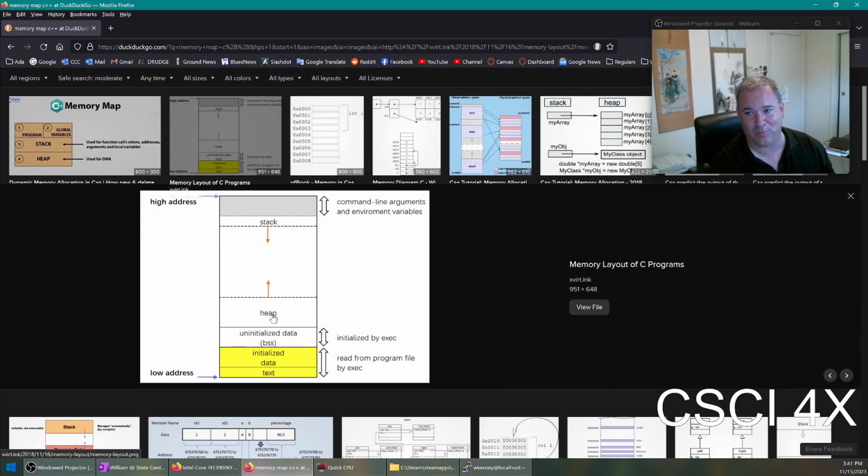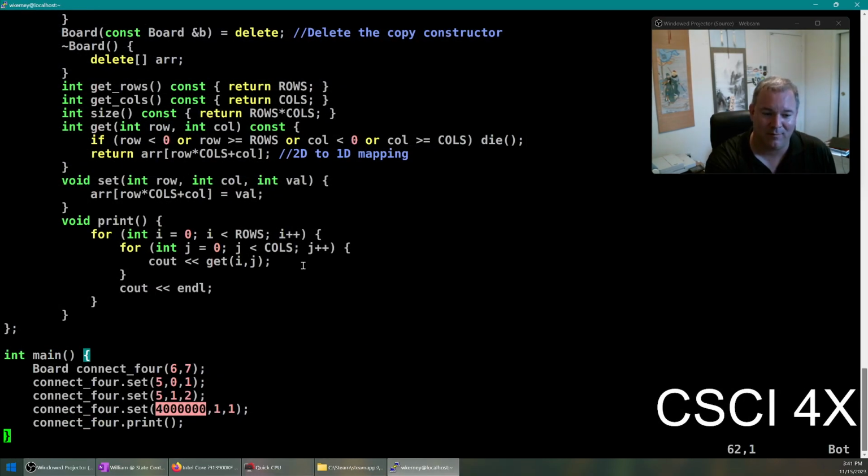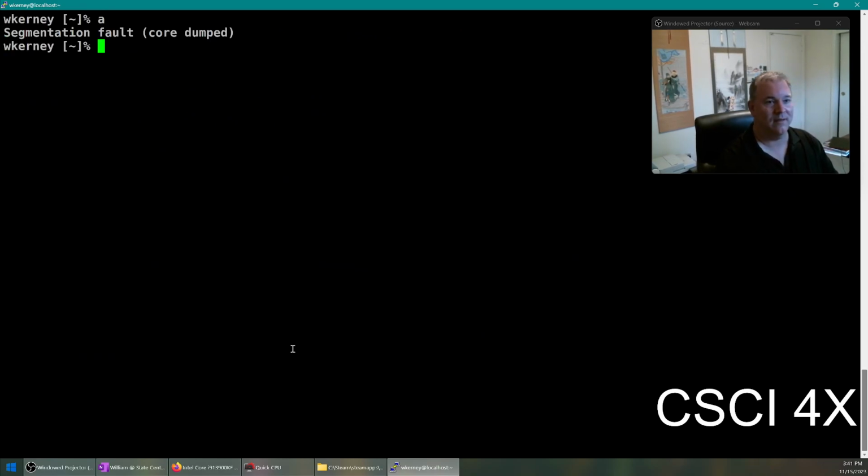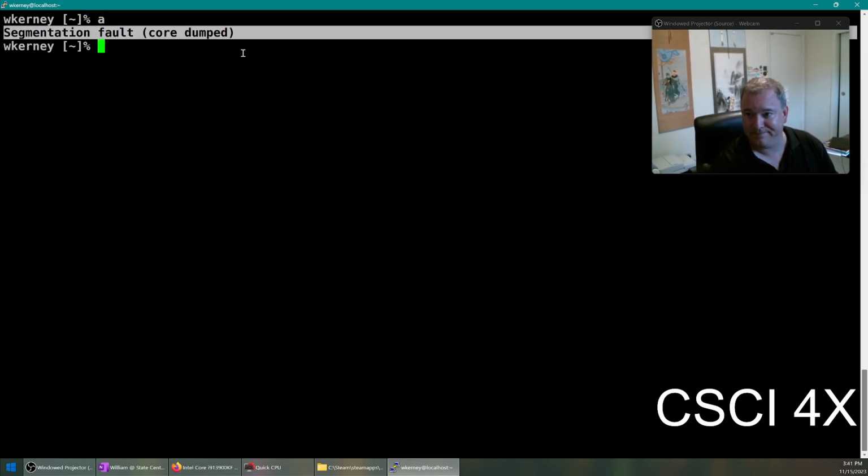What's happening here is we are going outside of the boundary, right? The heap has a fixed size, and we are accessing something beyond the segment boundary. We were trying to access something in the heap, and we accessed something up here. That's why we got what's called a segmentation violation, that's why we get a seg fault. Segmentation fault means you've got a chunk of RAM in your segment, the stack, the heap, whatever, and you went outside of it. If you step outside of it, the operating system will detect it and kill